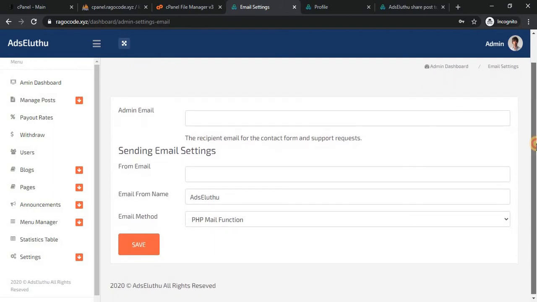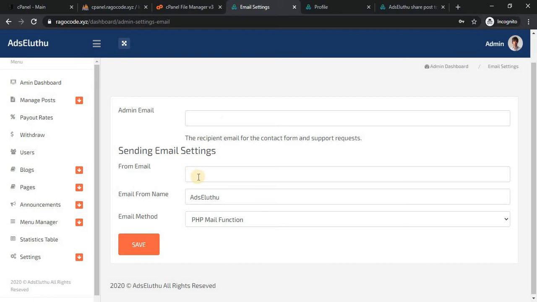All the mails are needed. In this area, the admin mail, if you want to display the forgot password mail and email verification mail, you just enter what mail ID you want to display.